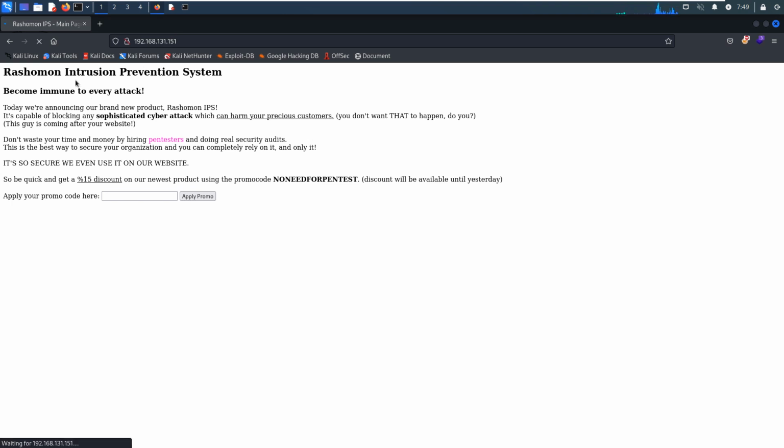So this is, I think, telling us what's running on the target. I think it's running an intrusion prevention system. And as you can also notice here, it says it's so secure that they even use it on their own website.